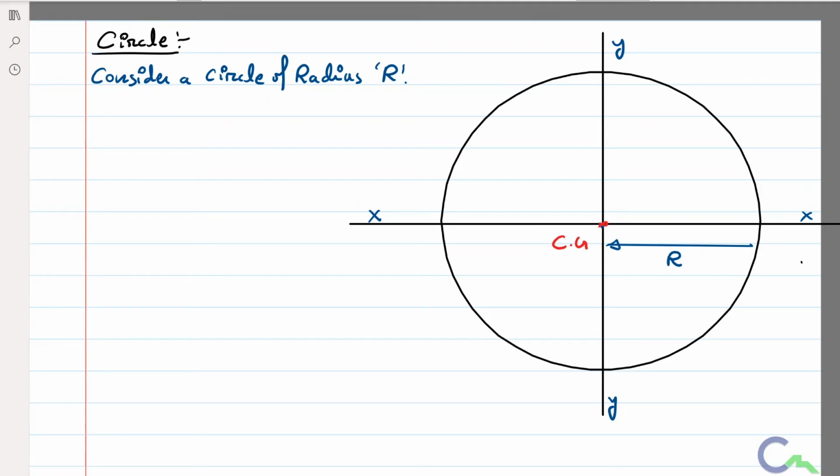Now I am going to consider an elementary strip of angular width d theta and radial width dr. So in the figure it will be like this. I will consider one elementary strip in this way, with angular width, as I said, I will take this as d theta, and radial thickness I will take dr.